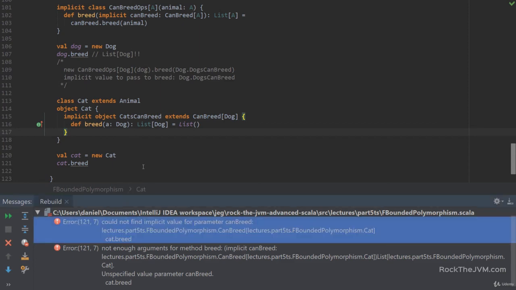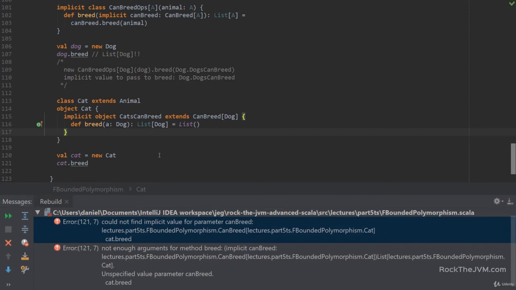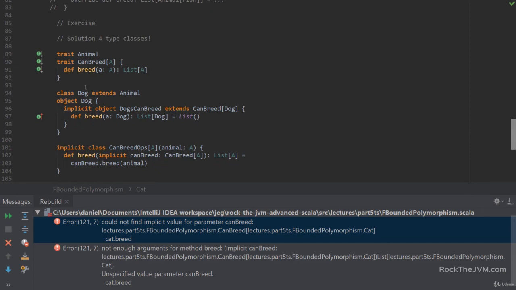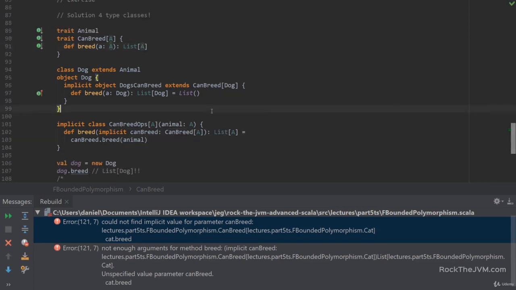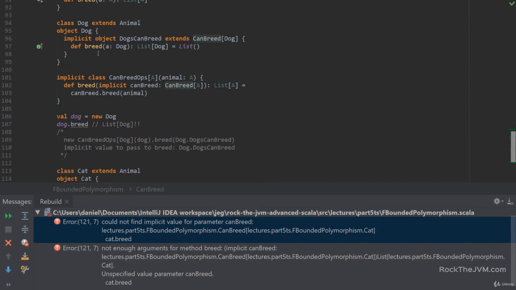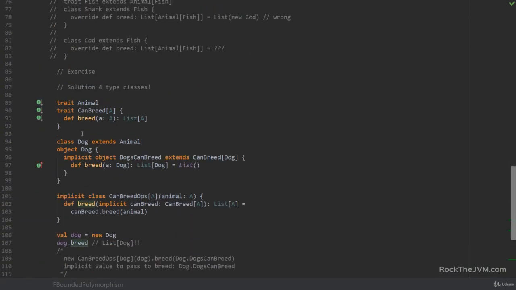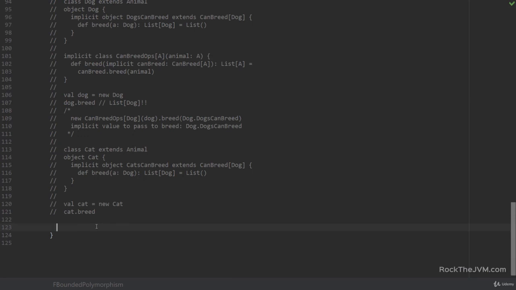This is pretty cool. Now, a small criticism for this method in terms of concepts. Notice that the trait Animal doesn't have any more methods, and the class Dog doesn't have any more methods as well. We only have the breed method in some type class, and we define some implicit type class instances and conversion classes and so on, but the actual method in class Dog is not there anymore. We've split the API between the trait Animal and this abstract CanBreed trait. So let's simplify things. I'm going to comment this code away, and I'm going to consider the possibility of the trait Animal being the type class itself.